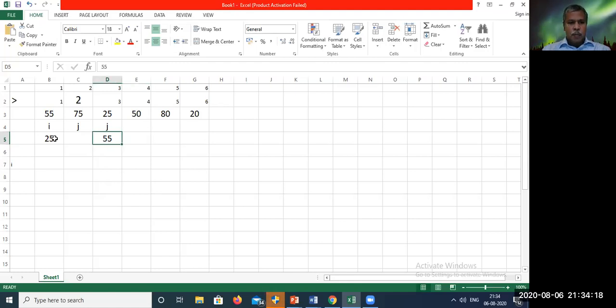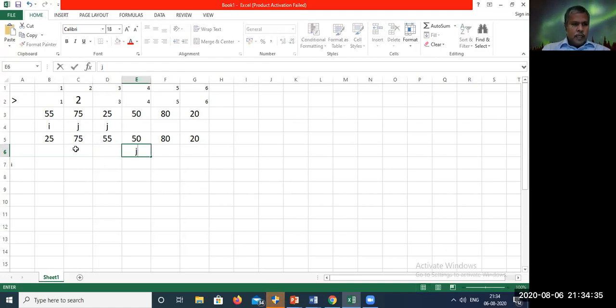That is, swapping has happened. Other elements I will keep the same: 80, 20. Now J is moved to the fourth place. I is in the first place.